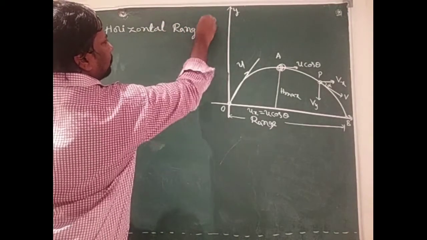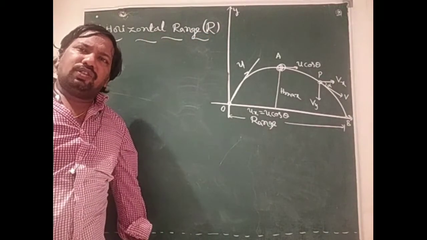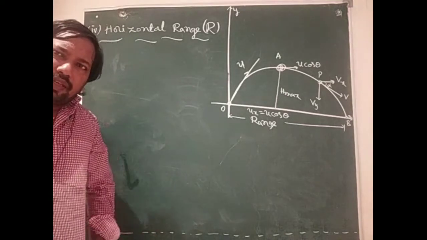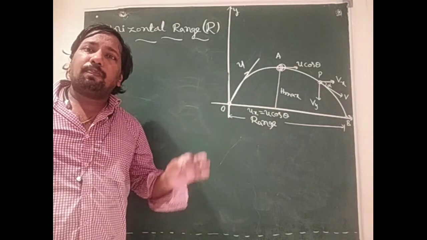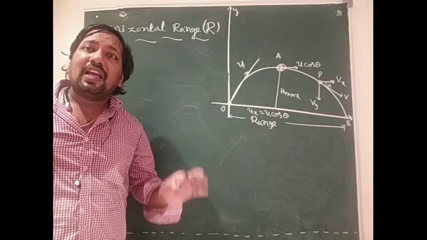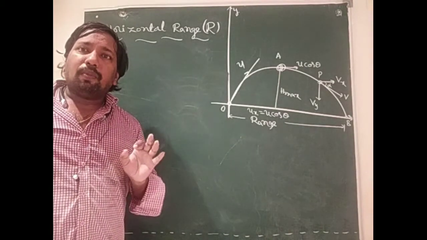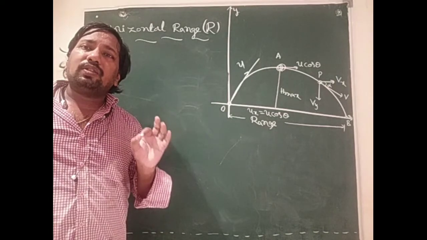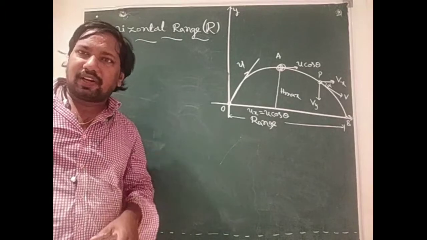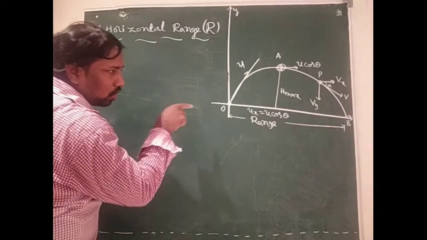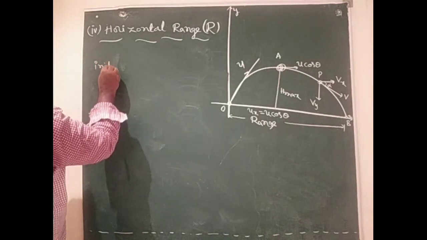It is denoted by letter capital R. What is horizontal range? Horizontal range means the maximum horizontal distance traveled by the projectile during its time of flight. Time of flight lo manam teesukunna projectile maximum horizontal distance edaithe undo danne manam range ga treat chestam. So in the case of horizontal motion, initial velocity